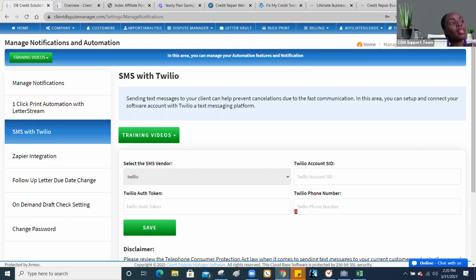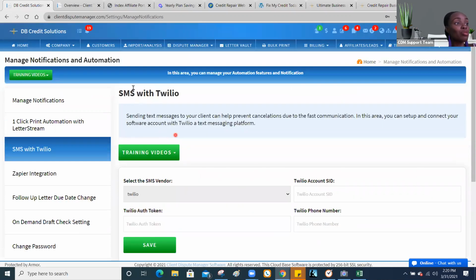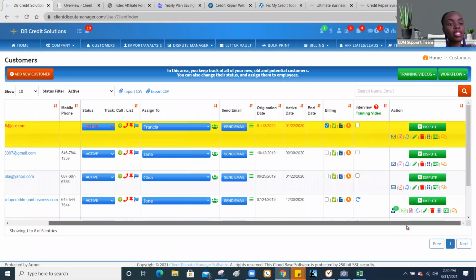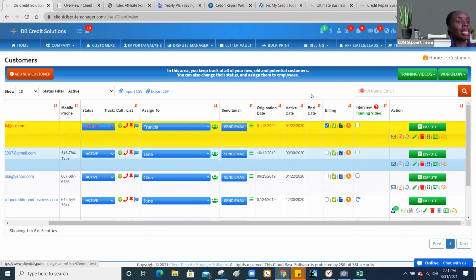You can look in their backend to find a number that is within your area so that you can go ahead and add that. And then you just go ahead and save it. Make sure you turn on and off the messenger button. Once you do that, then you should be good to send out texts. Remember, your customers tend to reply faster with texts than emails, right? So you can have that option where if you want to talk to your customers and send them a text, they can reply to you because you would have had Twilio set up in your software, all right? So that is another option that I want you to make sure you look into